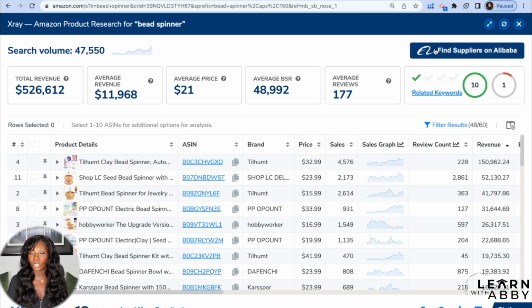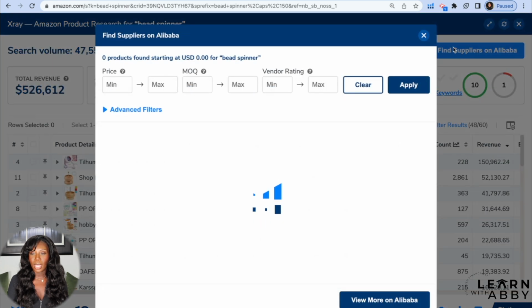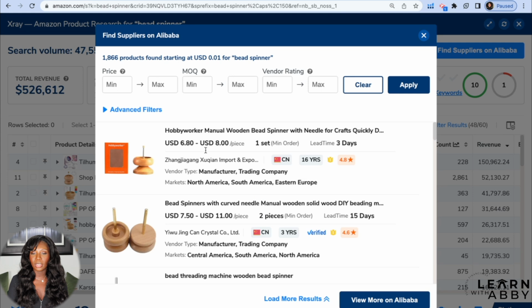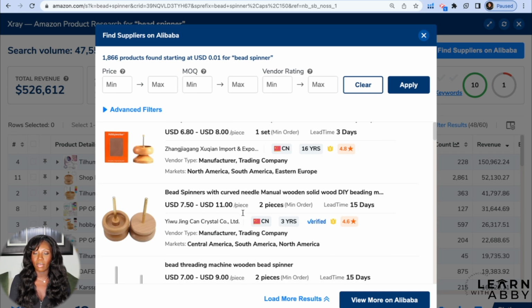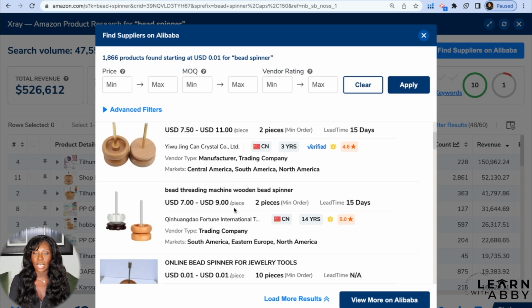So what I'm gonna do is actually just click on this button right here, find suppliers on Alibaba, and it will show me different suppliers who make this product. So what we want to do is find a supplier who can make this for under $5 a unit. And right off the bat, we can see $6.80 to $8, $7.50 to $11. We've got $7 to $9,